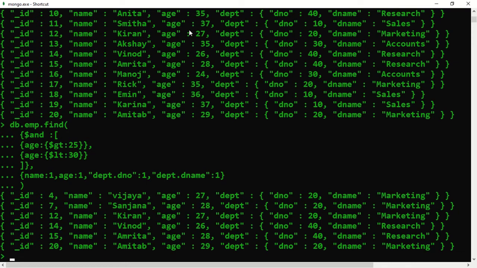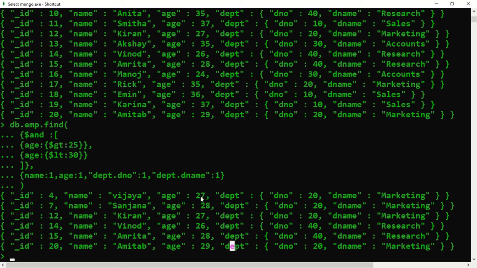Previously there were many, see the age is 35, 36, 37, but here, according to the condition greater than 25, it is 27, 28 and so on, but less than 30. So 30 is not included. So there are 1, 2, 3, 4, 5, 6 records.